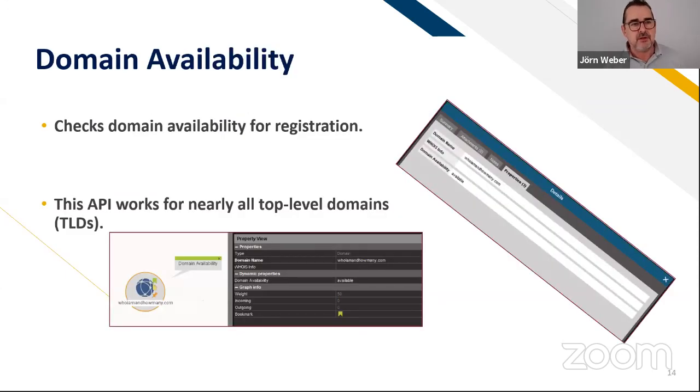Another nice thing is the domain availability. So that's maybe something you don't need so often. So I just invented a domain and I said, okay, it's available. But sometimes you have so many domains, you may want to sort that by this kind of things. And then just make sure that you see, okay, because if they are available, you don't need to go into the current systems because they are not connected to any internet, to any server or name server. So it always depends on your case, how often you need that. Now with this transform, it's there for you and available.